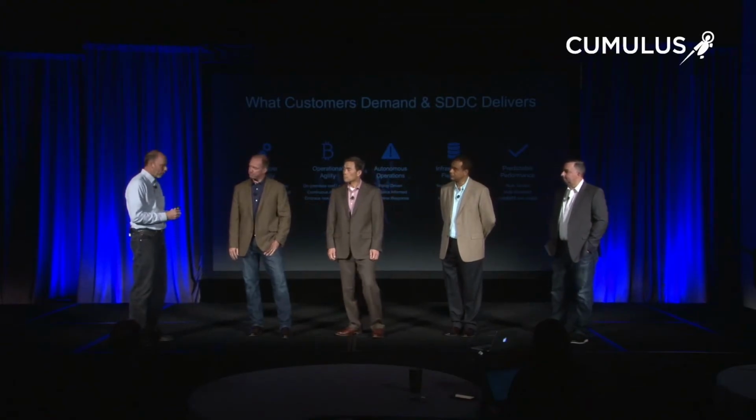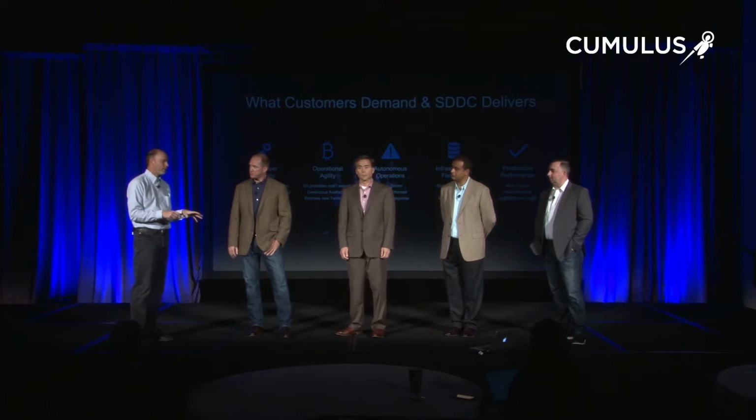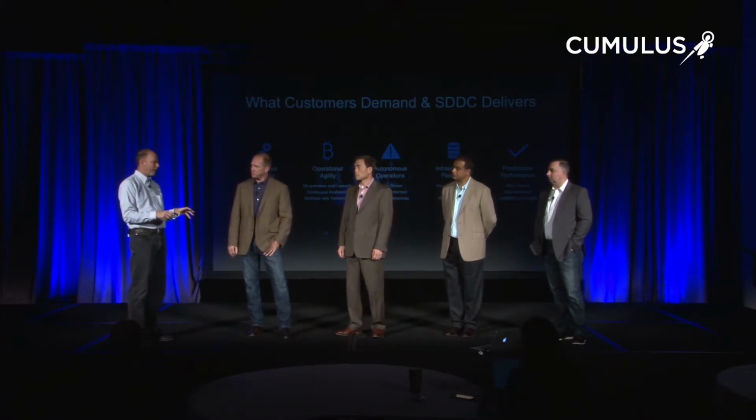So I want to talk a little bit about one of the other values of software-defined from a customer perspective. And that is this notion that they get to decouple the purchasing of the software from the purchasing of the hardware. One of the things we hear constantly is that the customer wants to maintain that choice in how they purchase both the software and the hardware, and then how they amortize that within their own business. Do they do it in a classical way, for example, a perpetual license, or in a more modern way with things like consumption-based pricing?